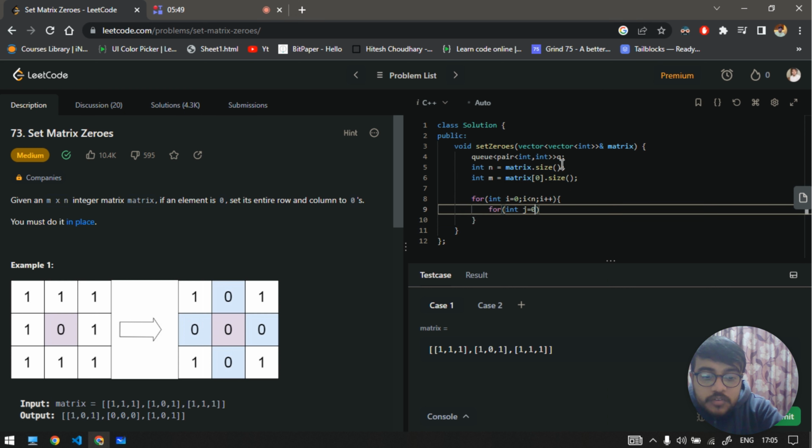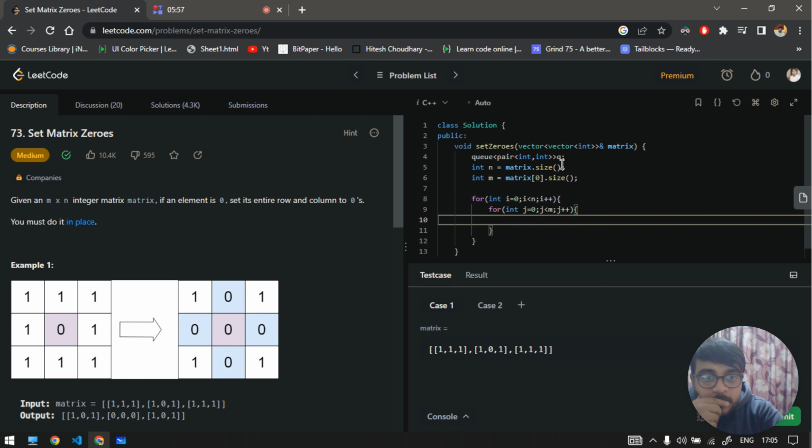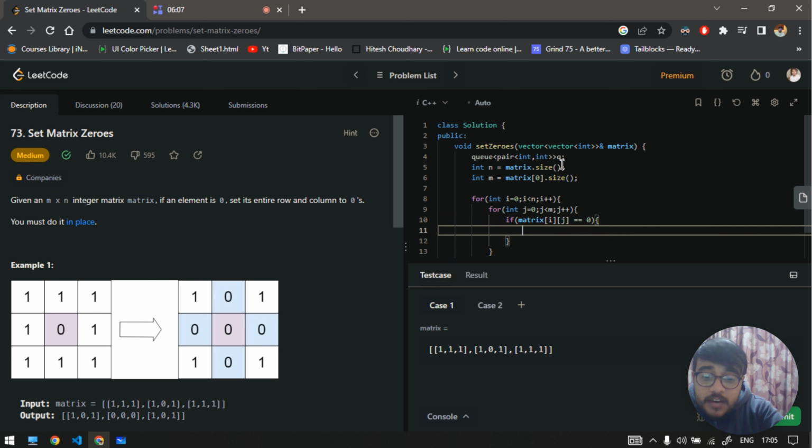For int j equals to 0, j less than m, and j plus plus. Now if at any point I find matrix of i and j to be equal 0, then I'll push